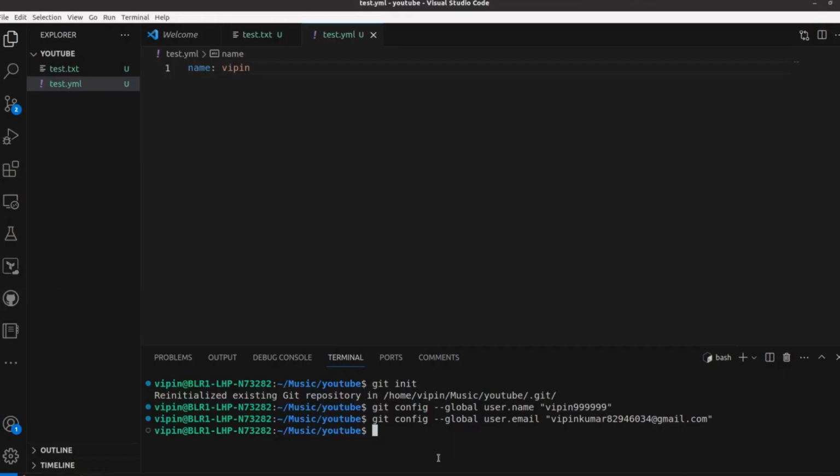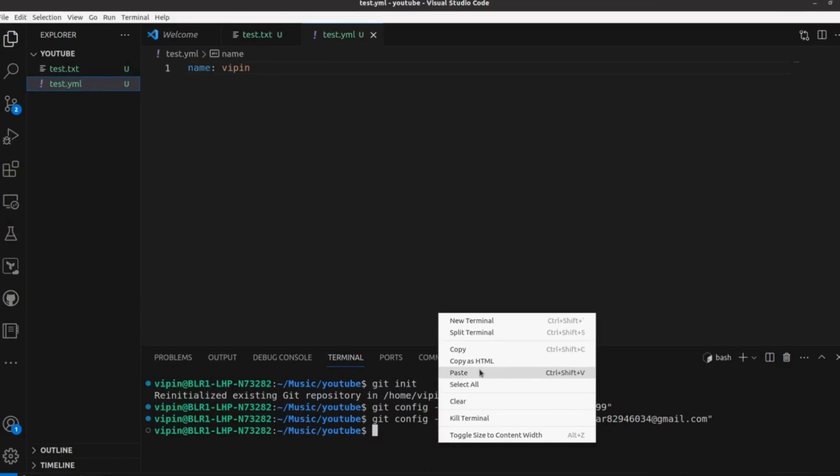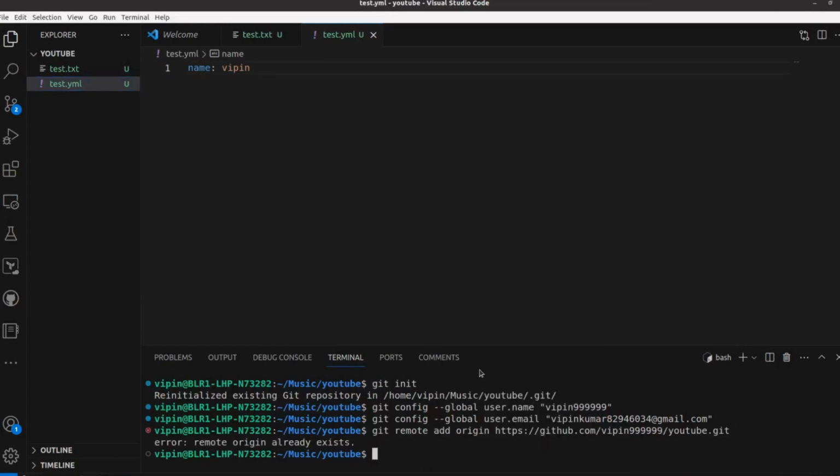We have to run this command in our terminal as well. It says error: remote origin already exists, because we have cloned this repository, so the remote is already available.